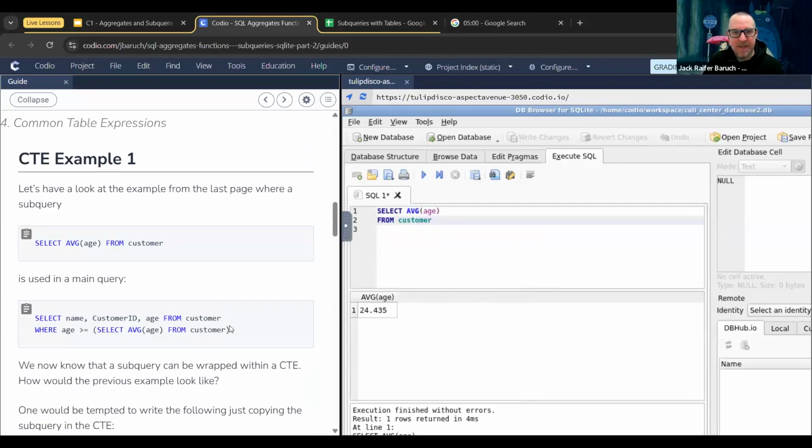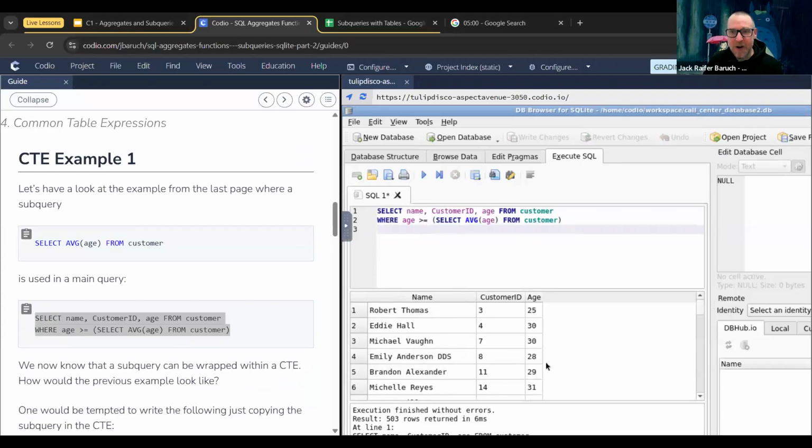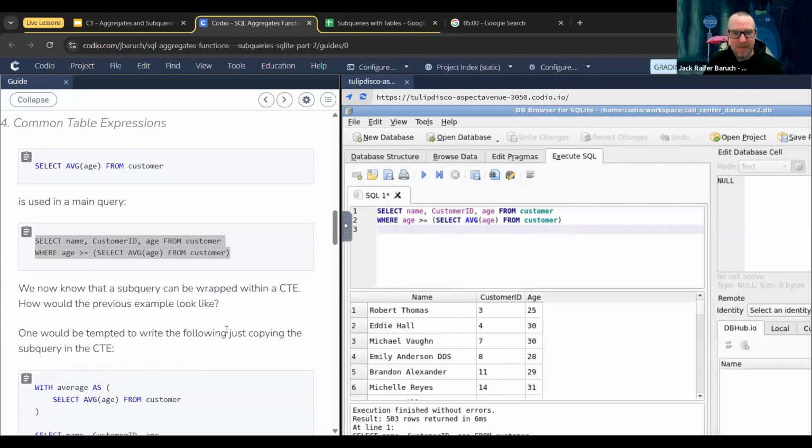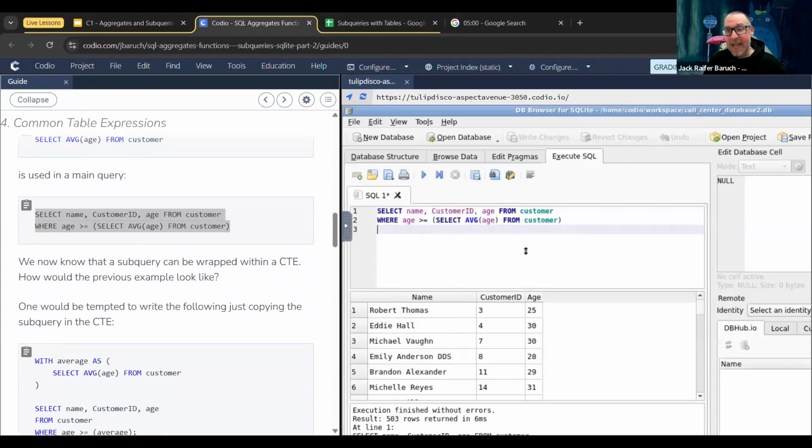Let's copy it this way. And we can use it as a subquery. So select name, customer ID, age from customer, where age is bigger than the average. So that's the same thing that we did before. I'm using it as a subquery. But if I want my queries to be a lot cleaner and a lot easier to use,